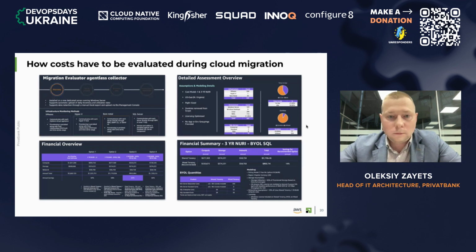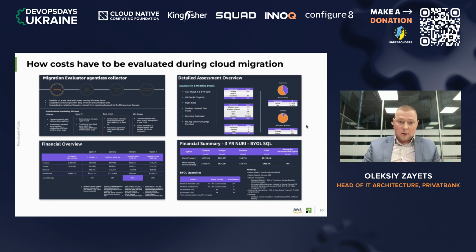When we were consulting with AWS, they showed us how to properly assess and evaluate costs. We had to start from an agentless or agent collector to collect information about on-prem systems capacity, compare with the closest options in AWS, and then choose a pricing strategy. After that, we can build a business case and show results.